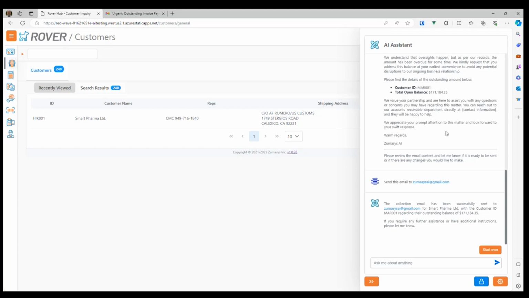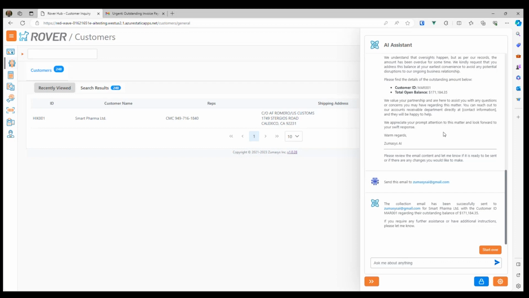Or do a thing. So like, hey, we've agreed to credit like $20,000 against this open balance, so please go ahead and create that credit memo and then send the email to let them know they've received the credit, but their outstanding balance is the difference. That sort of a thing, right? There's a whole slew of possibilities that start to open up, with the point here being this went from just talking to BI and OpenAI to also talking to the backend Rover system for the email origination,